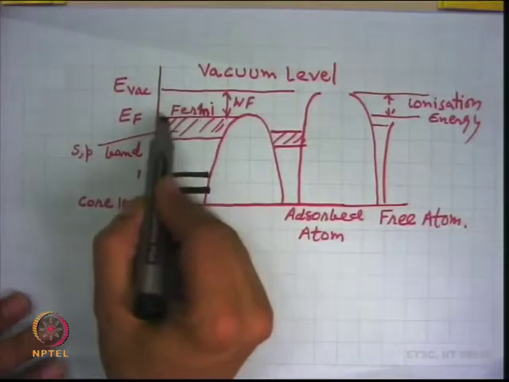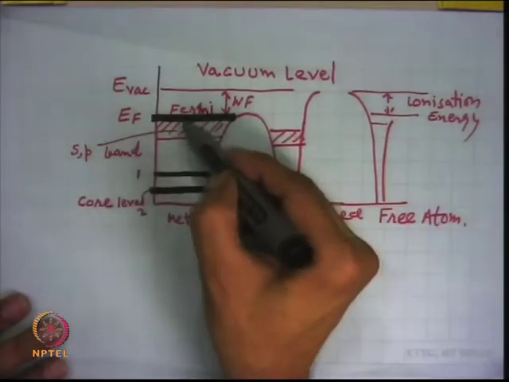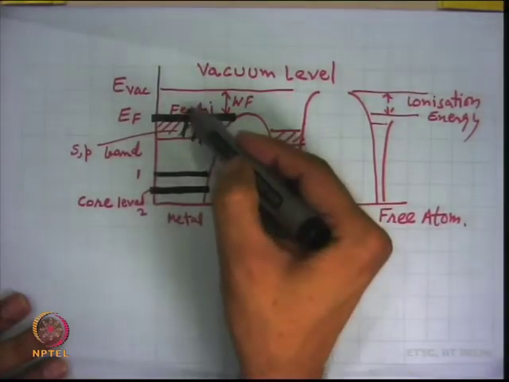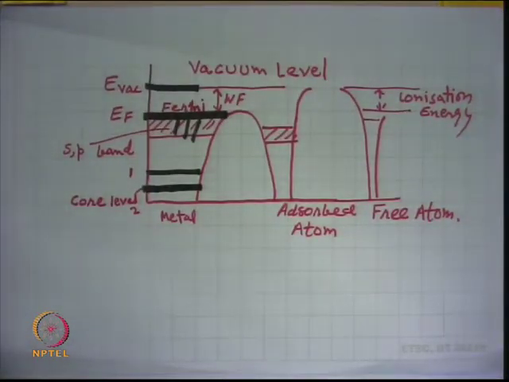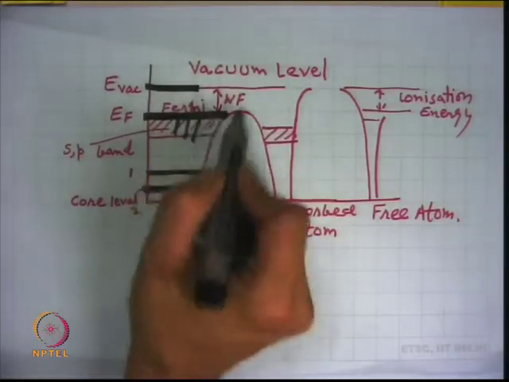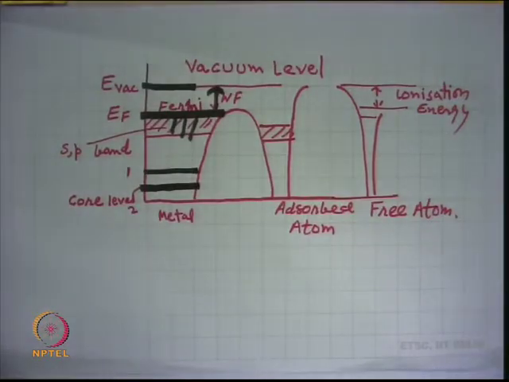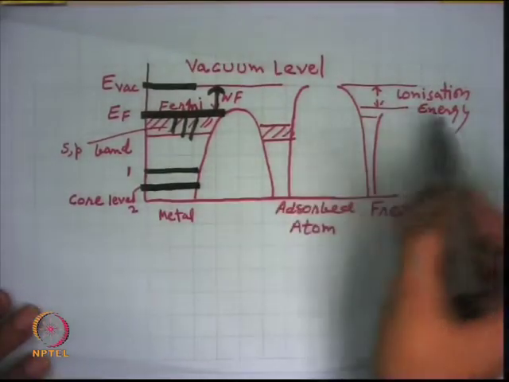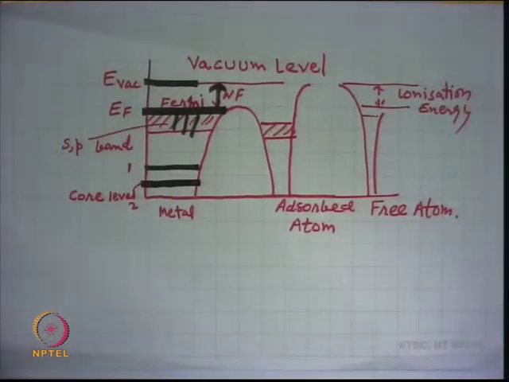And then this is your Fermi level. Here the energy is highest on this side, and here is the vacuum level, where electrons are free to move in this zone. In between, the difference is your work function. It is related to ionization energy, the energy required to remove the electron from the outermost core, which creates an ion.